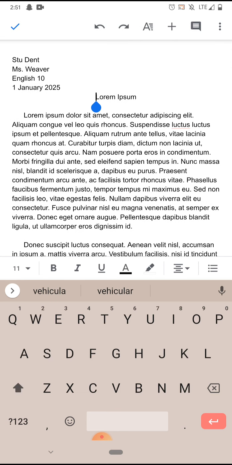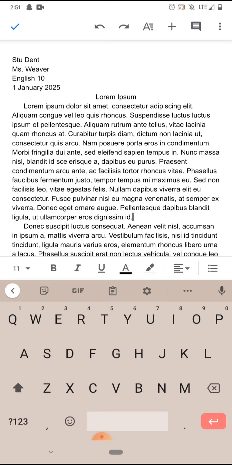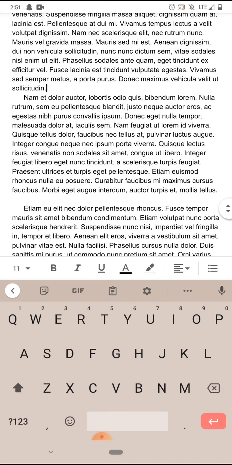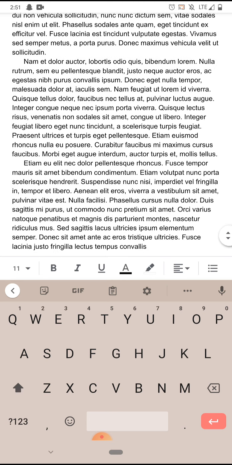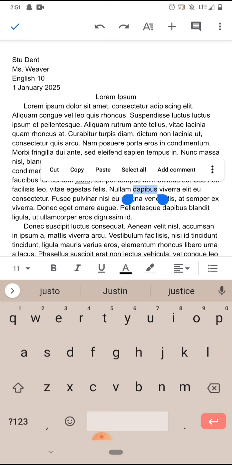To do that, I'm going to click into that extra space and click backspace. Click in that extra space, backspace. Click, backspace. Click, backspace. So that there's no extra spacing. Now my assignment sheet says that everything on the page has to be Times New Roman size 12. So I need to select